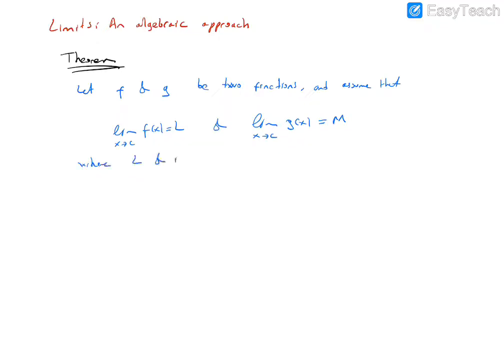So let f and g be two functions and assume that the limit as x goes to c of f of x equals L and the limit as x goes to c of g of x equals M, where L and M are real numbers. Both limits exist, in other words, okay? Then